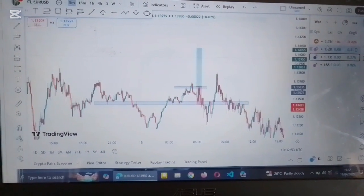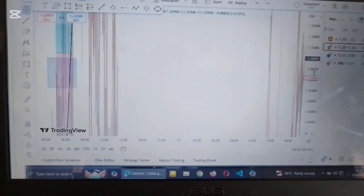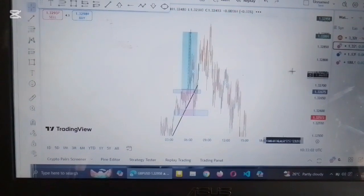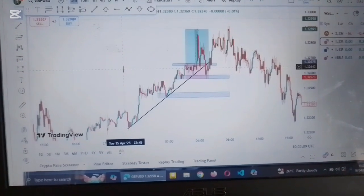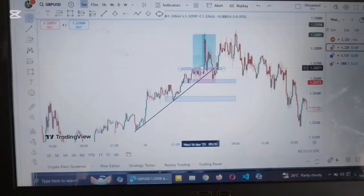Then on Wednesday I came back to the markets, and I was like, okay, this is a brand new day, let's do what we do. The trade I took ended up in a win as well. If you look at this trade, it was actually a good one, right? I have my first, second, and third touch. So I went for the third touch to